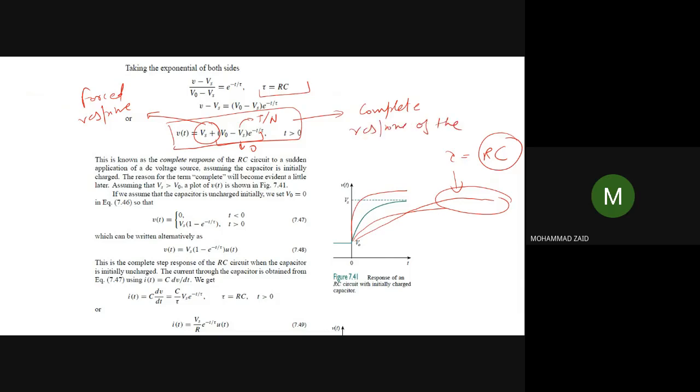Okay, so if R is very, very small, suppose you have an R and a C, then the charging will happen at a very quick rate. That means the capacitor will be charged to the final value of Vs at a very, very fast rate. However, if the resistance has a large value, then this process will become delayed. And these types of delayed charging are known as overdamped systems.